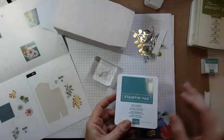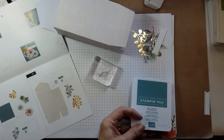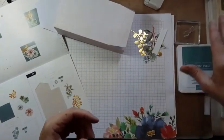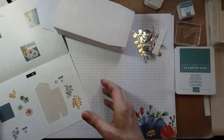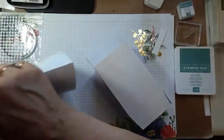Okay, so I just grabbed my Lost Lagoon pad. If you could see this table, you would just about die. Well, I've got all the stamps for later tonight. I've got all the paper pumpkin stuff. It's all good. All right, so let's take a look at our...